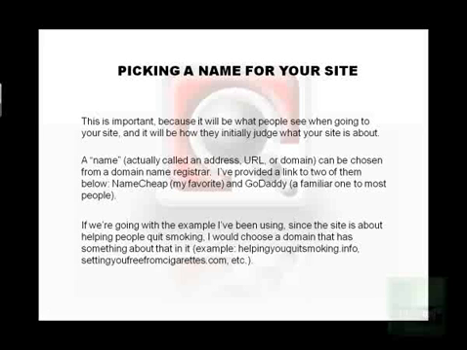And we've been using this example of the Stop Smoking website that I've just sort of been creating. If we were going to use that example, since the site is about helping people quit smoking, it would be best if I was to choose a domain or an address or a URL or whatever that has something to do with smoking, or specifically not smoking. An example, like I gave a couple examples there, helpingyouquitsmoking.info or settingyouFreeFromCigarettes.com. It wouldn't make sense for me to put something